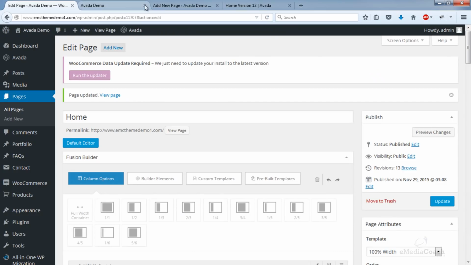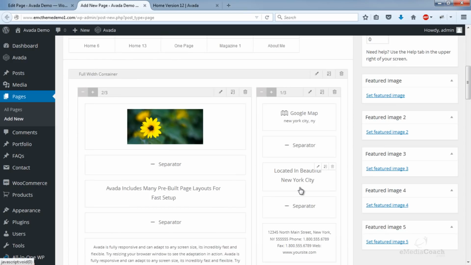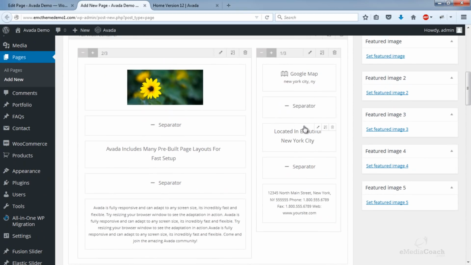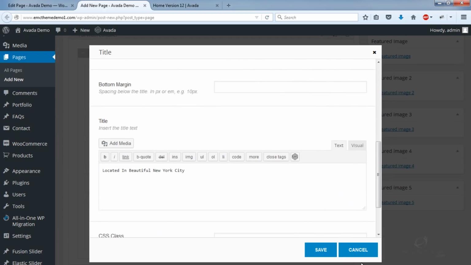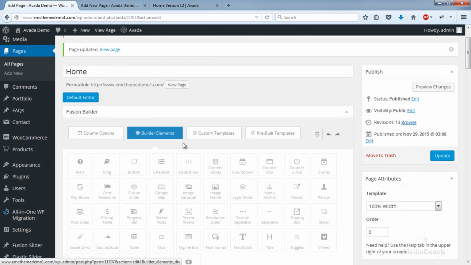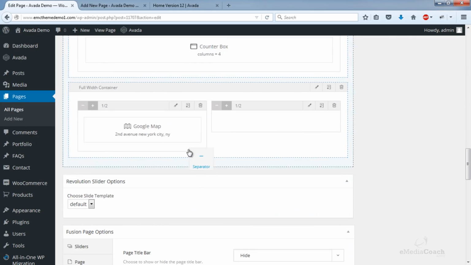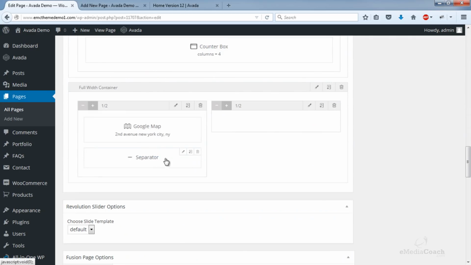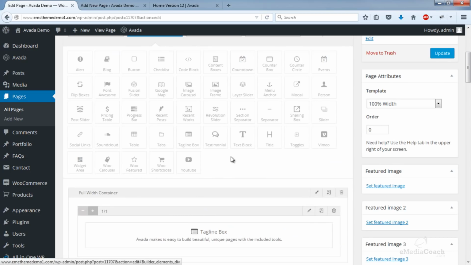Okay, now I need to add our address in text. So what have they done here? They've added a separator, and then it looks like a text box or a title box. Okay, so I'll do the same. Builder elements, I'll add a separator and just check what kind of separator. No style, I think that's fine. And add a text block.